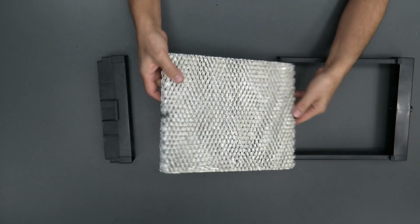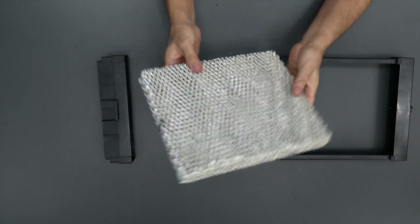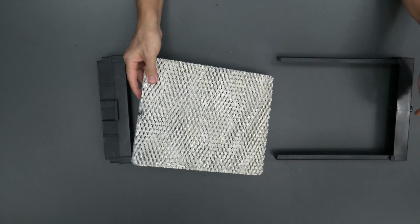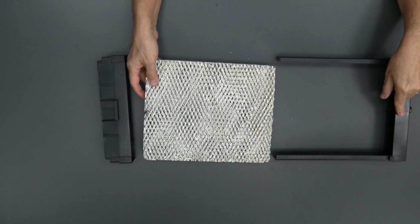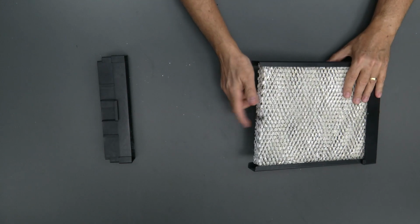All right, here's our new pad. You'll notice there's a paint mark on the one edge. It's only on that one edge. Okay, that paint mark goes towards the top. This is the bottom, so paint mark goes on the opposite side. So here's our paint mark